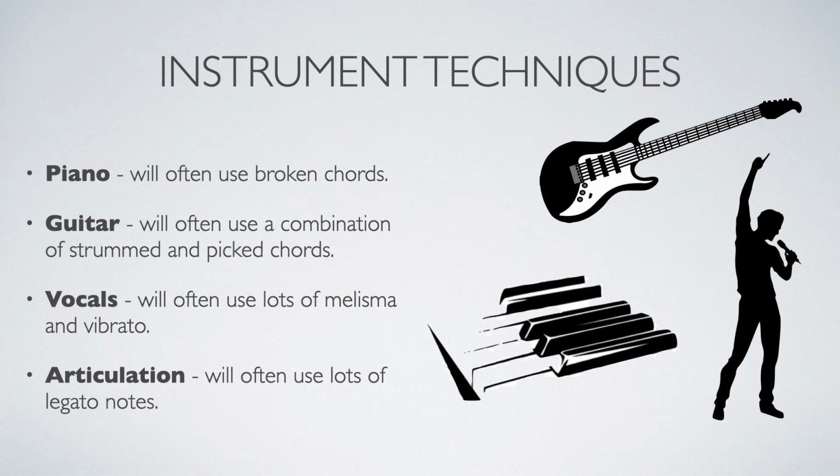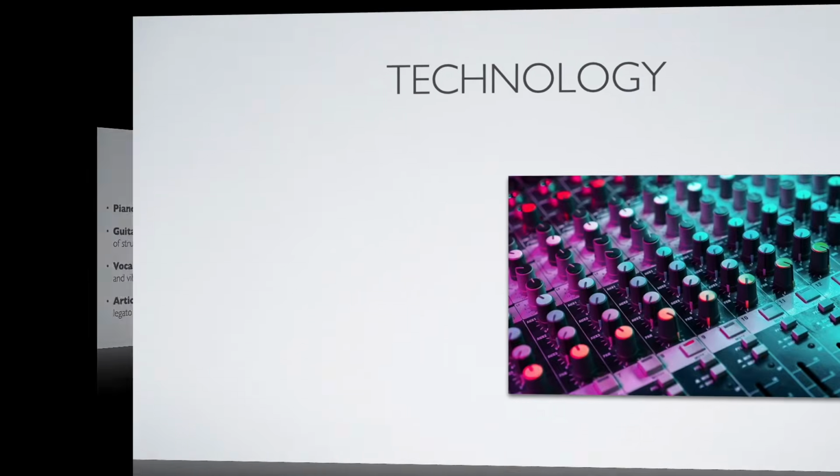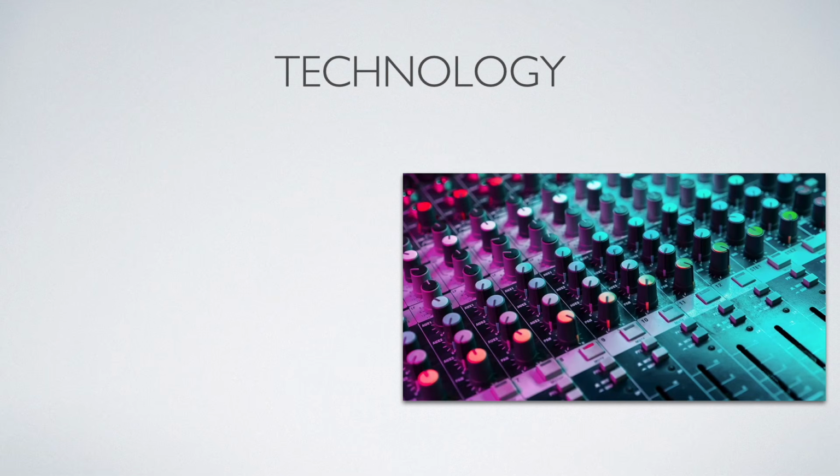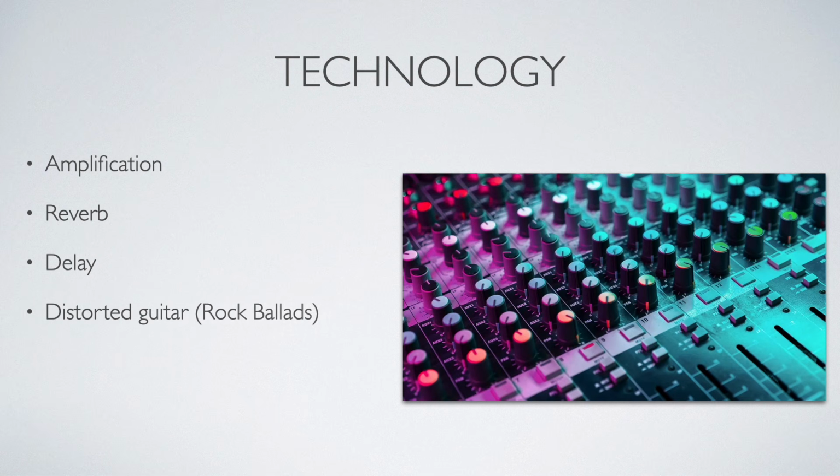So as music progressed into the 70s, 80s and 90s, so did the use of technology within music. So a pop ballad will most likely use amplification, reverb, which is like an echo effect, a delay, which is another effect which will just repeat that first sound over and over again. If it's a rock ballad, it will use distorted guitar. A pop ballad will sometimes use a synthesizer, which is basically just a keyboard,